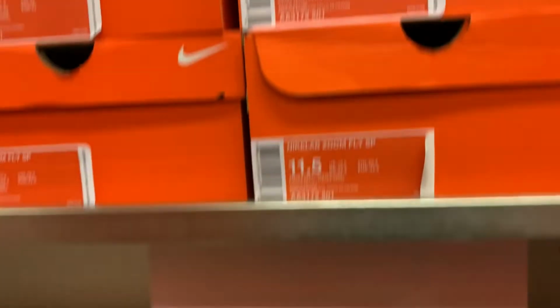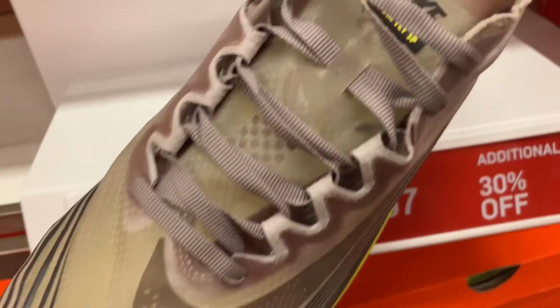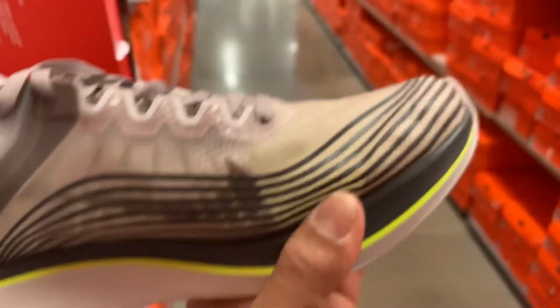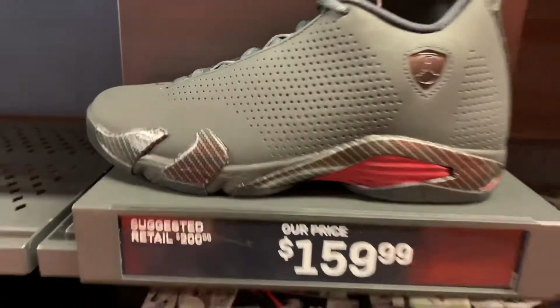Next one, we got the Nike Lab Sandfly SP. Well, this one is much better. $69.97 with additional 30. This one is one of those hype sneakers from a year ago, but they are sitting right here now in the outlet for $69.97 with 30. And here we go,